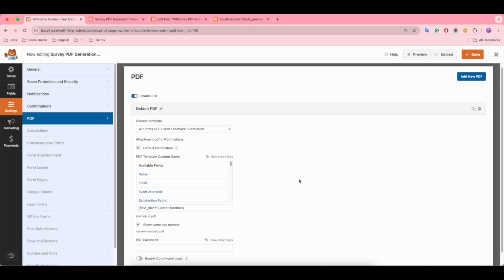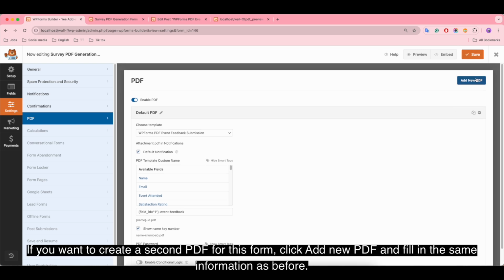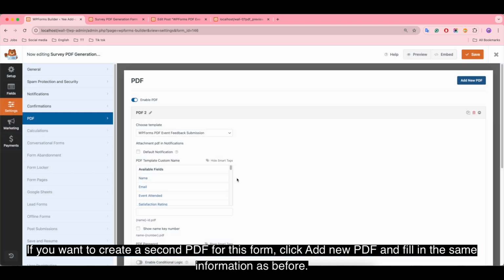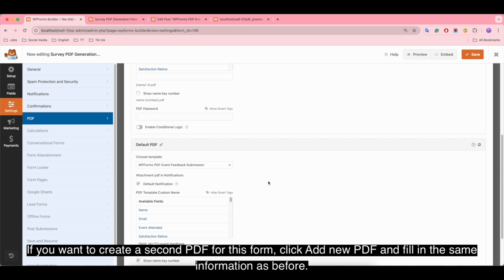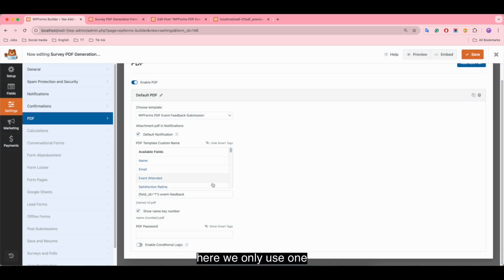If you want to create a second PDF for this form, click Add New PDF and fill in the same information as before. Here we only use one.